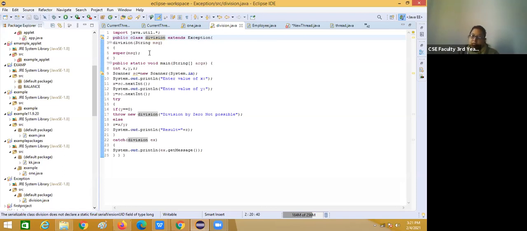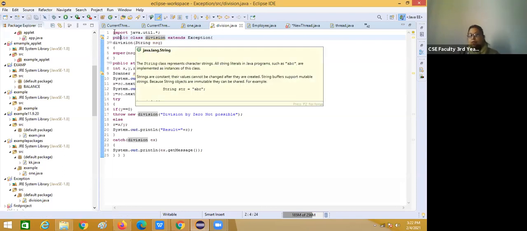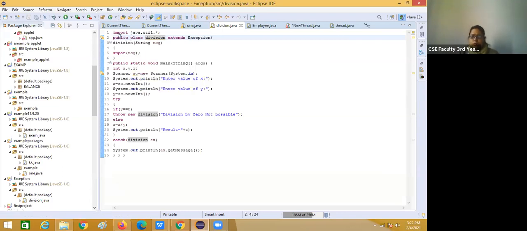So in that case, we will handle this type of exception. First of all, we don't have to import anything. If you want to give some input from the keyboard, then you have to import java.util.*. Otherwise, you don't give any import package.